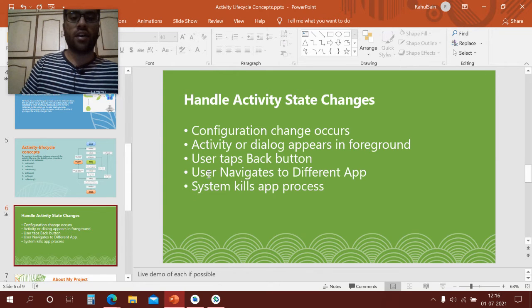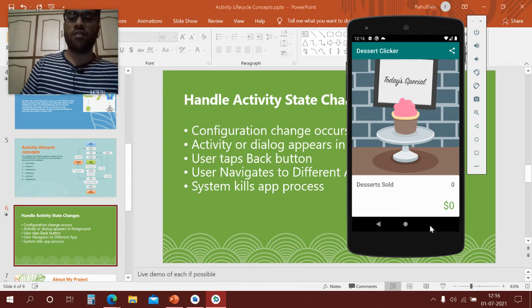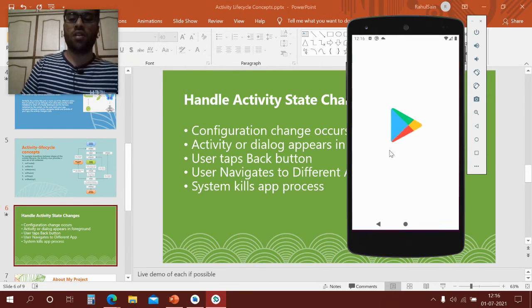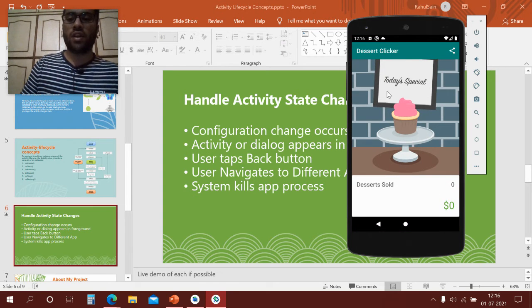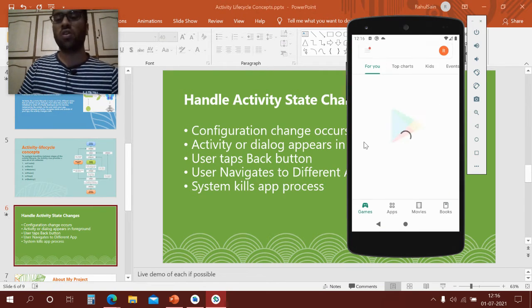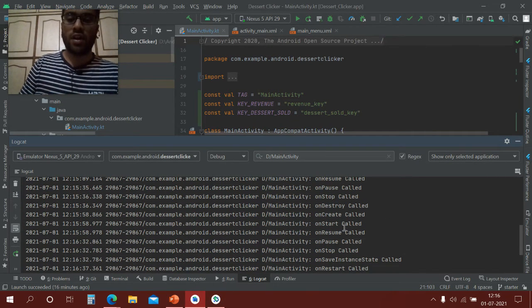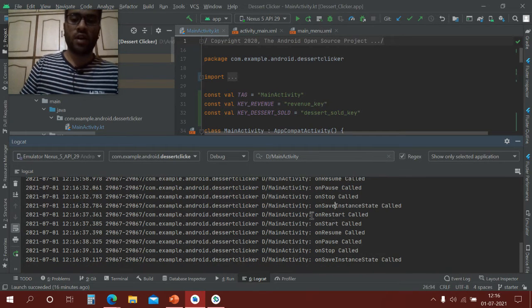And the fourth case is when the user navigates to a different app. Let's say we click on this and we click on this, let's resume. Click on this, and if we click on Play Store, then what it will do is it will just call onStart, onResume, onPause, onStop, onSave.